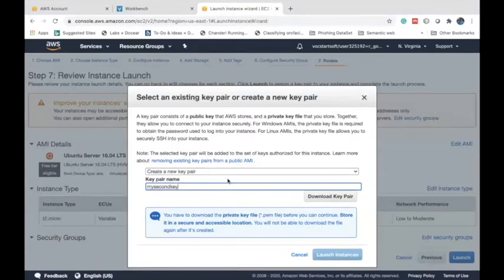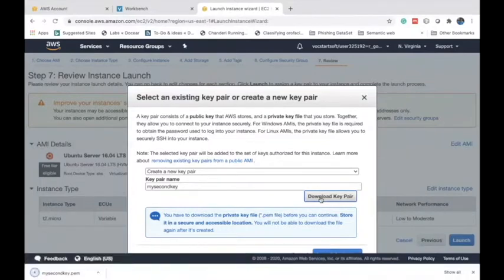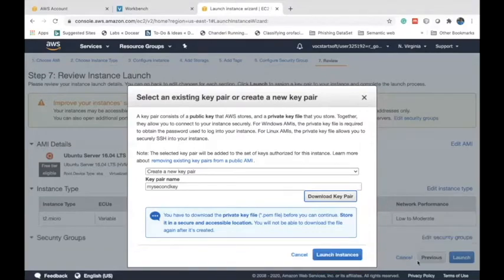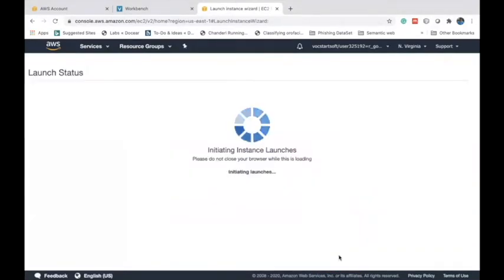Once you give your own key pair name, you can download the key pair. This key pair is very important to connect to the virtual machine through the SSH prompt. Launch instance.